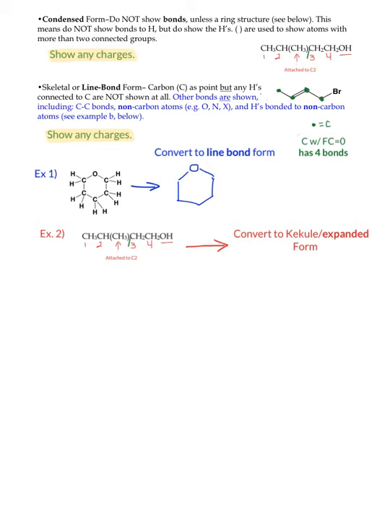So let's draw those carbons first for the Kekule expanded form. Remember, we're going to draw every atom and every line, just not the lone pairs. So I'm going to draw those carbons 1 through 4 first. Next, I'm going to add the OH. So I'm going to add a line for the O and then a line for the H, of course, because